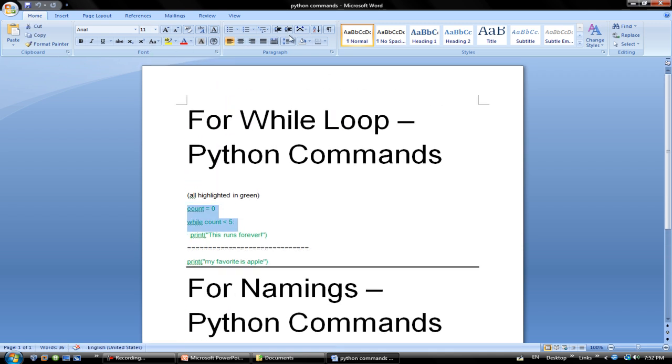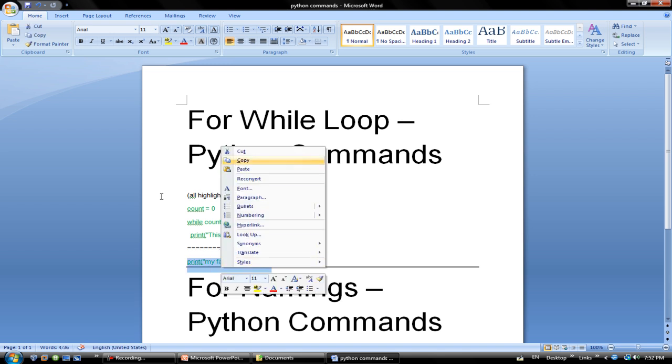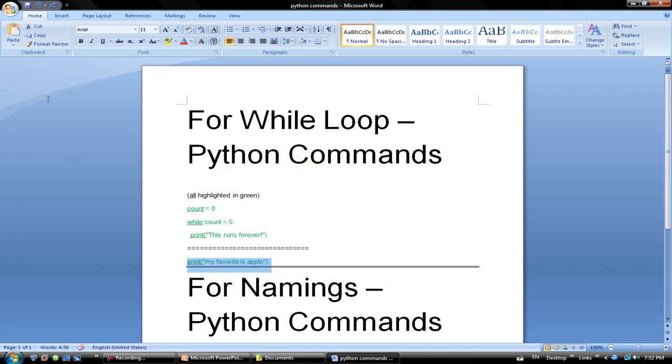Now this is the while loop, but we're not going to be doing this because this is at the end of our video. Okay, I'll copy this command, copy, and now